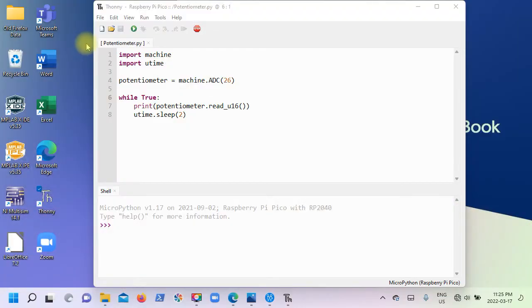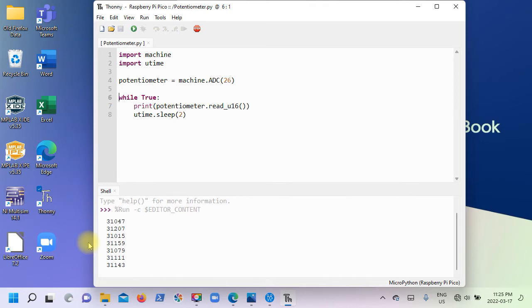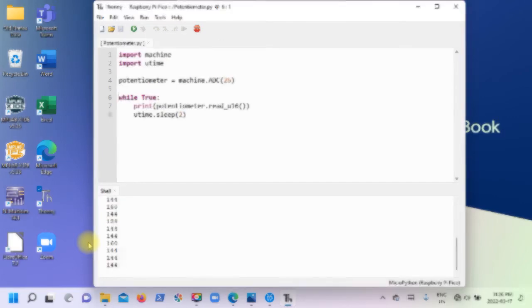So you can see I've entered my code into Thonny, and I've saved it as potentiometer.py. So I'm going to go ahead and run this. And you can see here that it is at approximately the center position, somewhere around 31,000. So I'm going to turn my potentiometer fully counterclockwise and just wait for it to kind of stabilize. So you can see it's somewhere around 128 to 140. So now I'm going to turn my potentiometer fully clockwise, and you can see my maximum number is